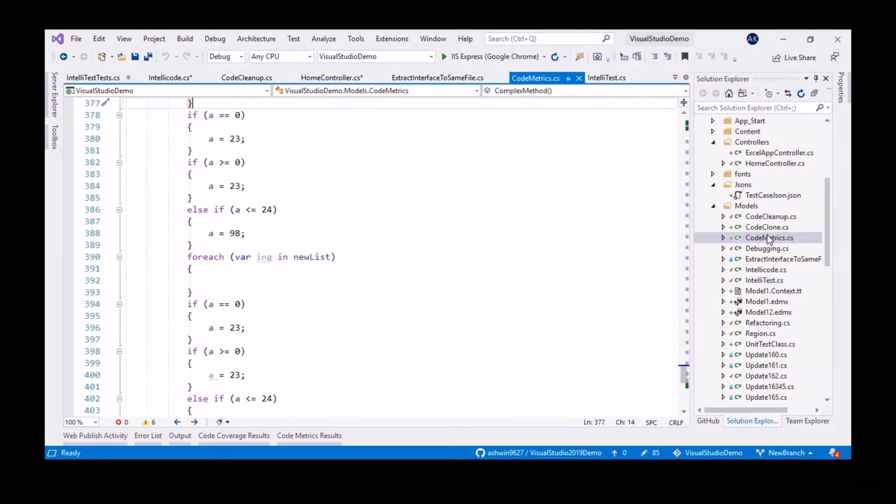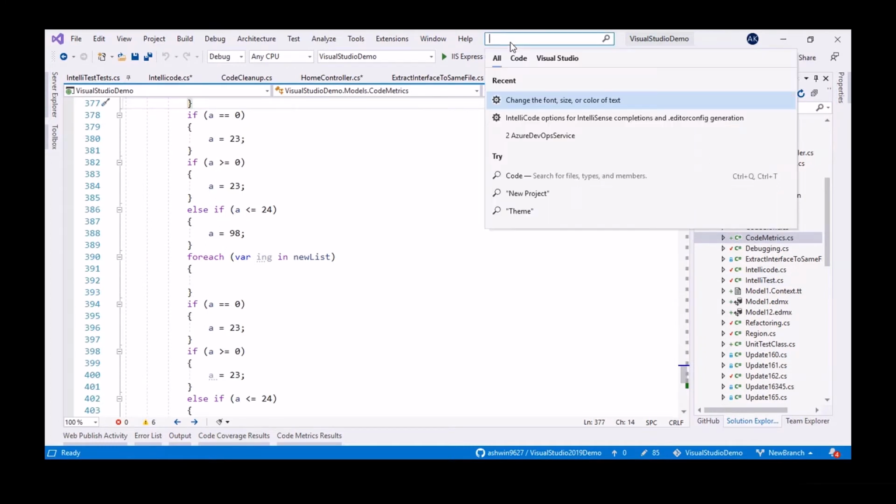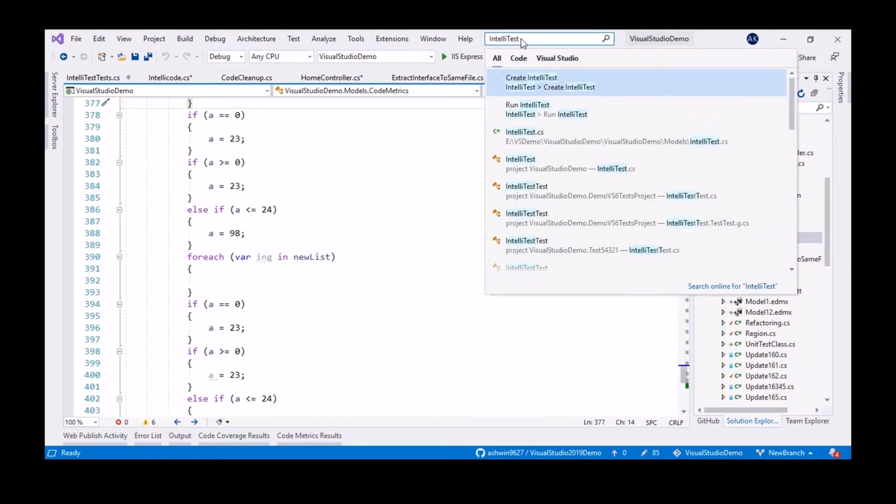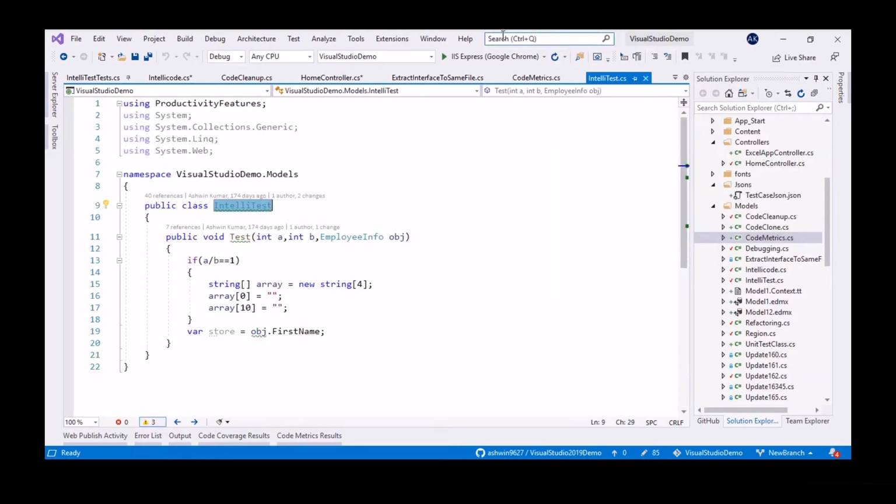So now I'm just moving to somewhere else. I want to search this particular class, but I don't know how to search for it manually, to find where it is. So instead of that, I'm just giving the class name here. Immediately it gives me the suggestion, the class name. By double clicking on it, it will navigate to the particular class here. So it's quite easy to navigate on those things.